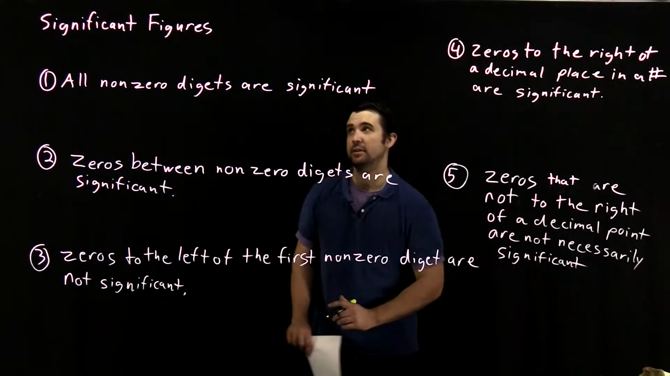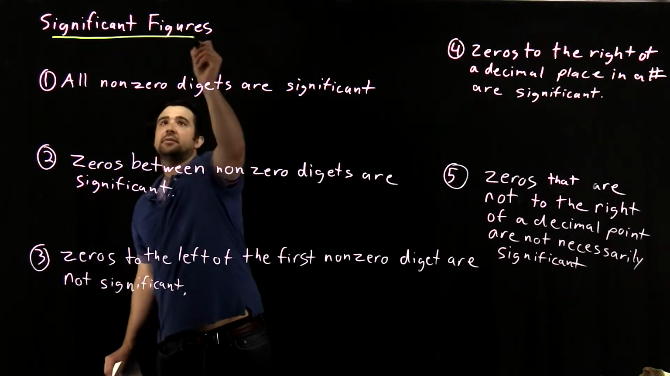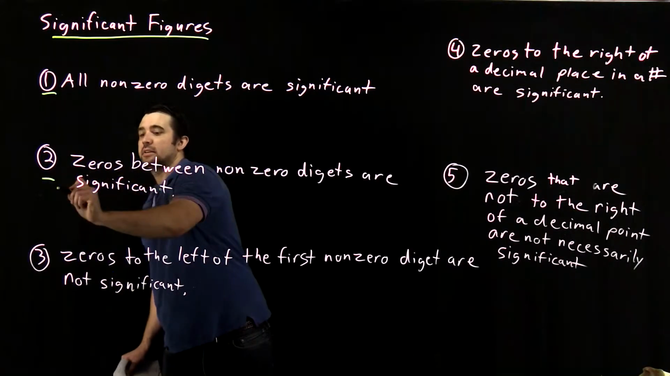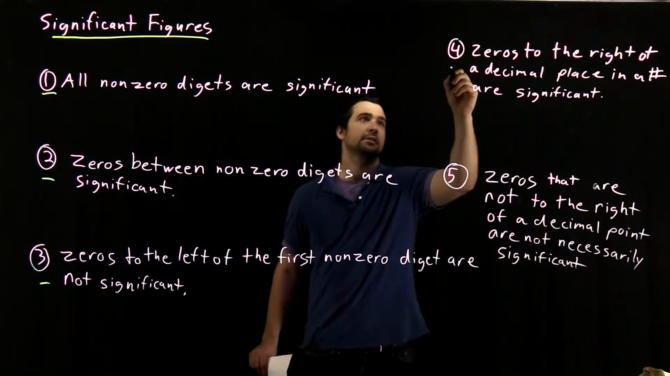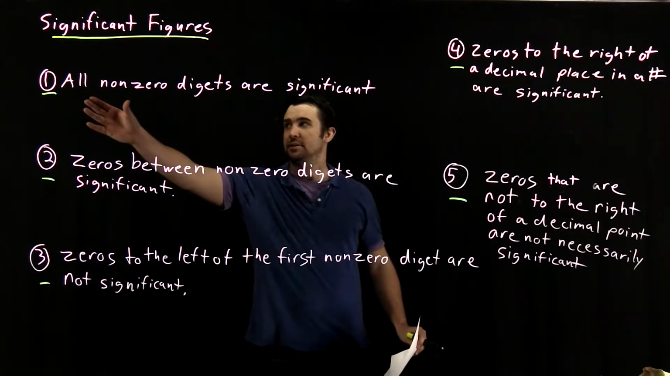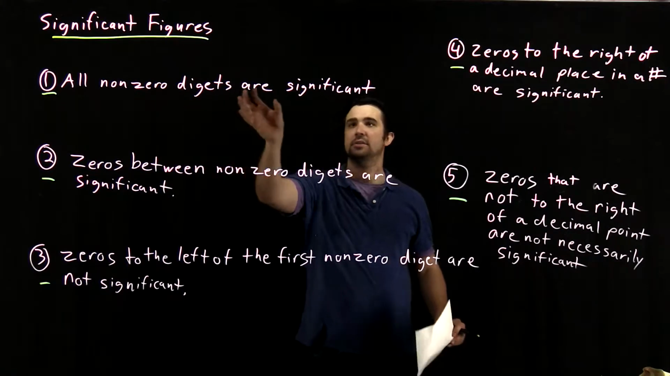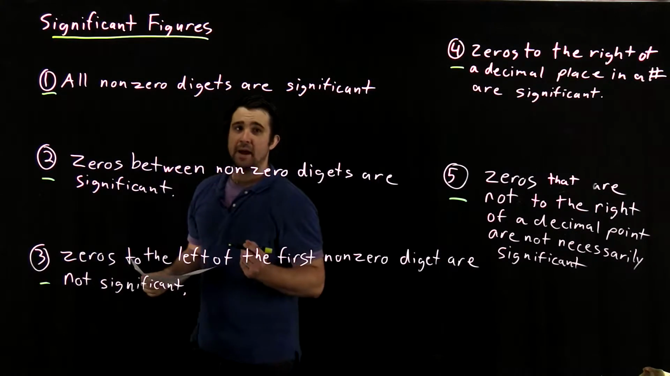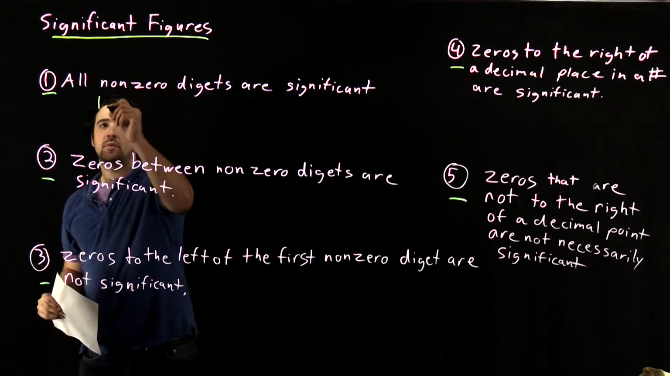So today we're going to be talking about significant figures and the 5 conditions that define significant figures. Now the first condition says that all non-zero digits are significant. So imagine if we had the number 1.258